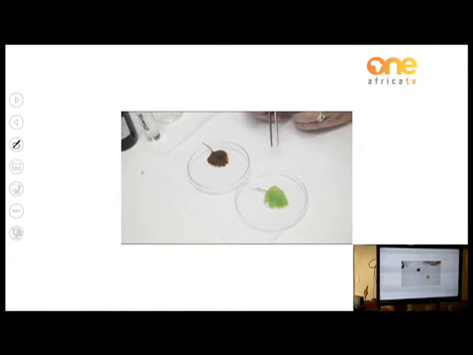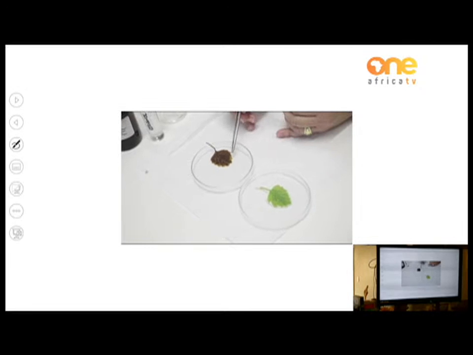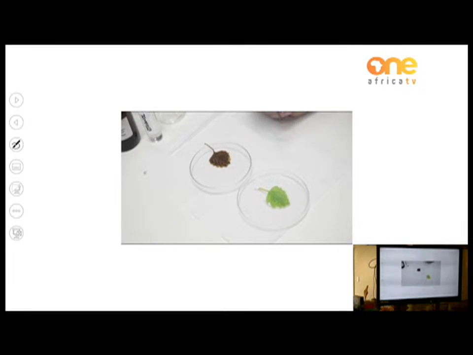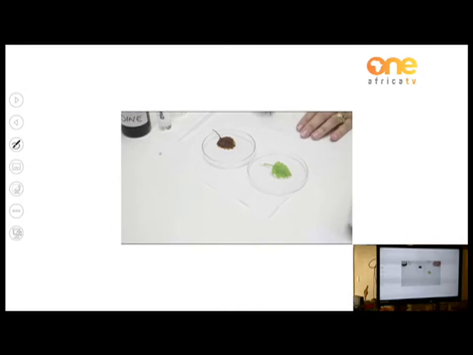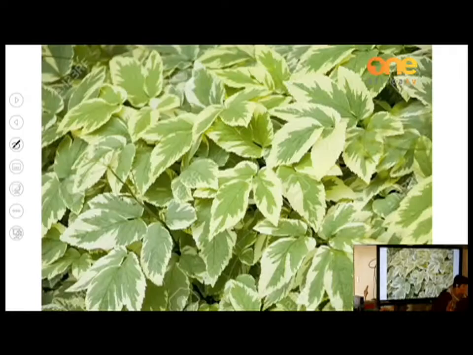Now, I have placed the iodine solution onto this leaf, and the longer I leave it, it will actually turn even darker. So we can see a definite difference. The longer the iodine solution stays on that leaf, it will turn even darker to a blue-black color. So we have seen a variegated leaf. Here on our premises,